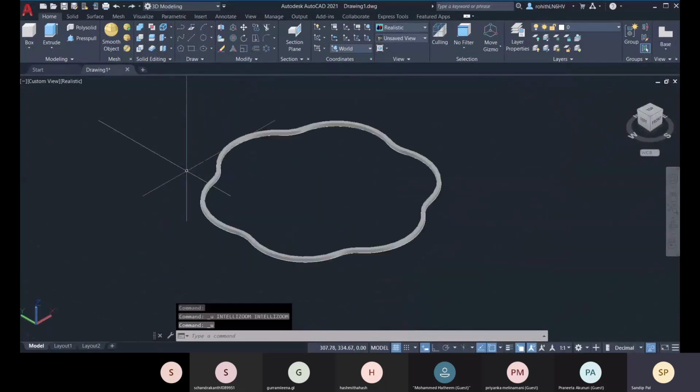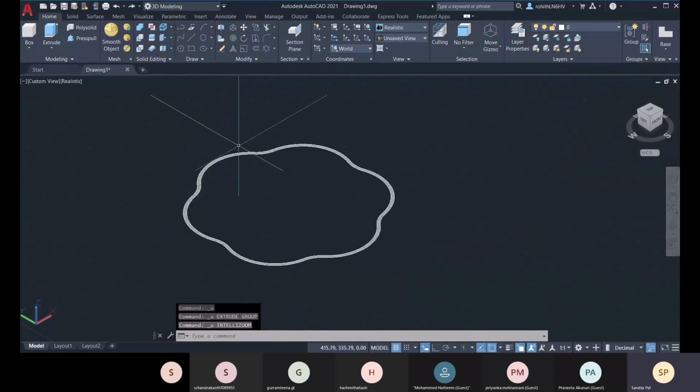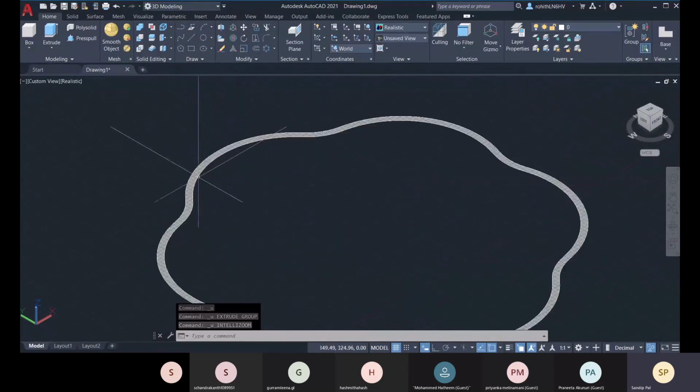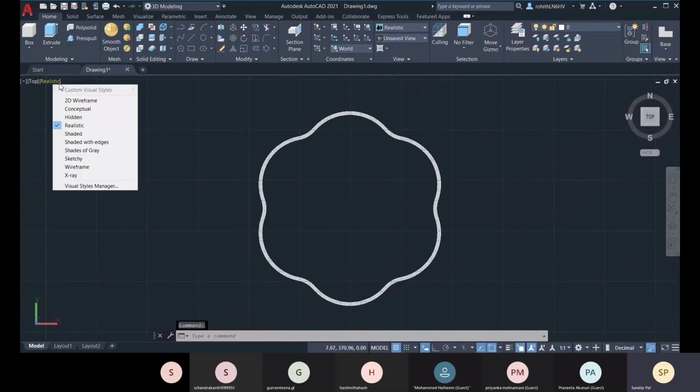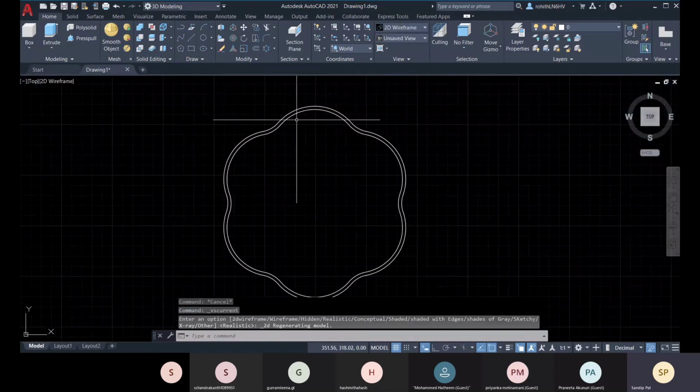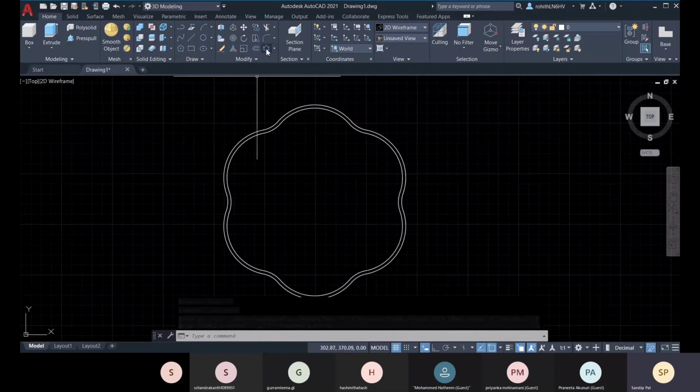And now let me just show you about, let me come to this, and let me change it to wireframe view there. And now what I'll do, I will go for rotate.